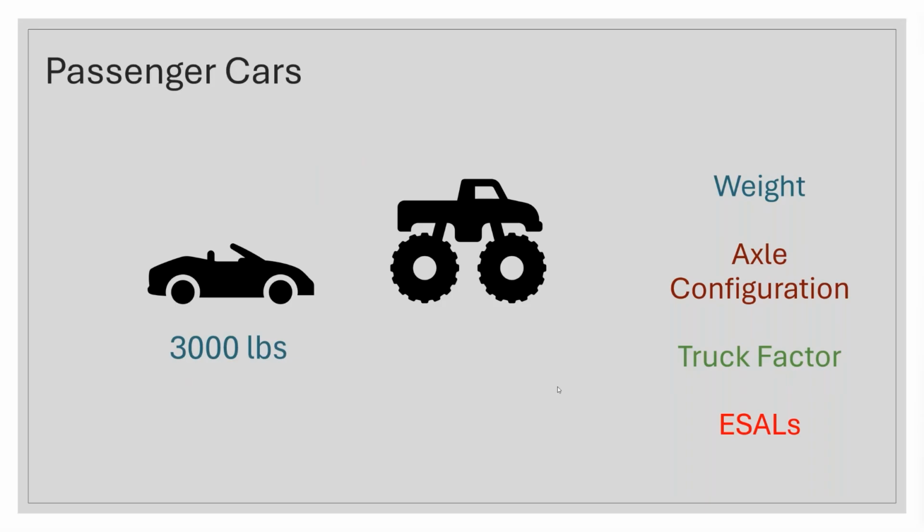So if we look at a little passenger car, maybe it's a 3,000 pound vehicle, but even just within passenger cars, we have a big range, somewhere between 3,000 and 8,000 pounds. That's going to be split up over the two axles. So obviously size matters, whether it's metal, fiberglass, all of that. And nowadays we need to consider, is it a gas engine? Is it hybrid? Is it an electric vehicle? Because the batteries are very heavy. So that's pushing the weights of vehicles a little bit in the upward direction. I think in general, an electric vehicle weighs about 20% more than a gas equivalent vehicle.